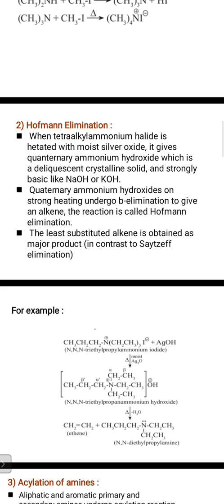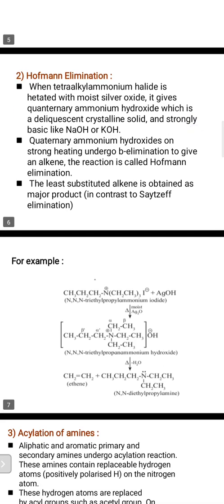It gives quaternary ammonium hydroxide, which is a deliquescent crystalline solid and strongly basic like NaOH or KOH. Then quaternary ammonium hydroxide on strong heating undergoes beta elimination to give an alkene. This reaction is called Hofmann elimination. The least substituted alkene is obtained as the major product, in contrast to the Saytzeff